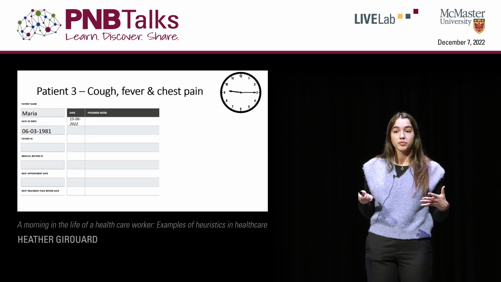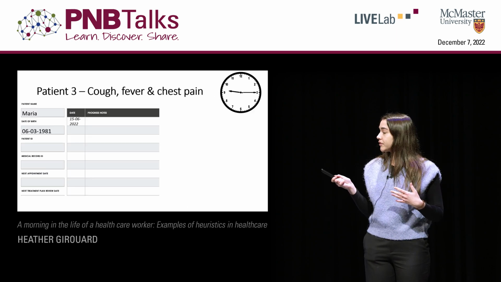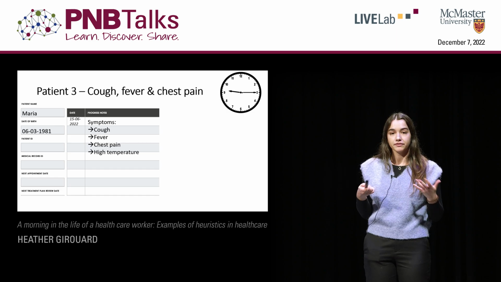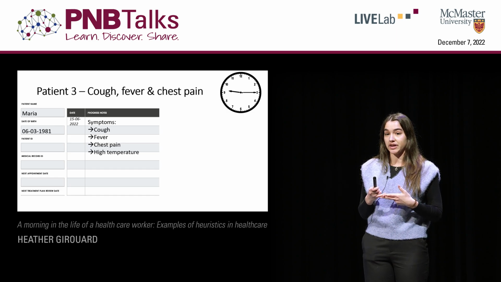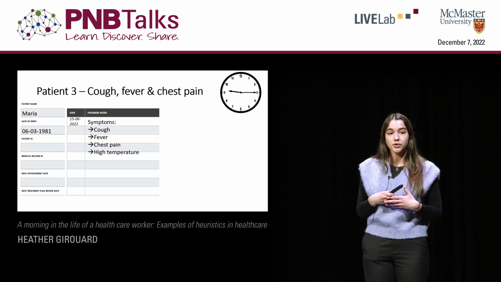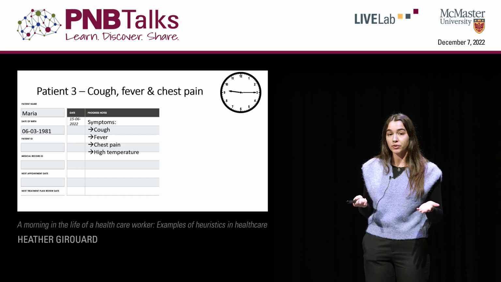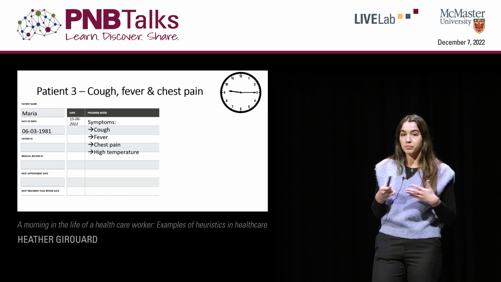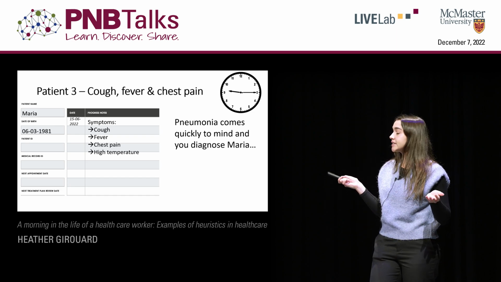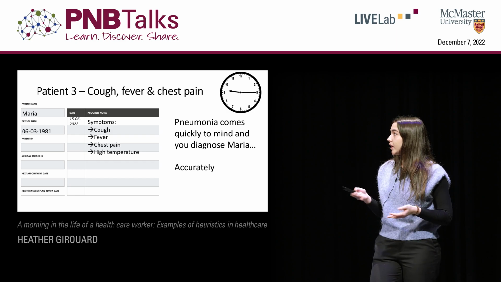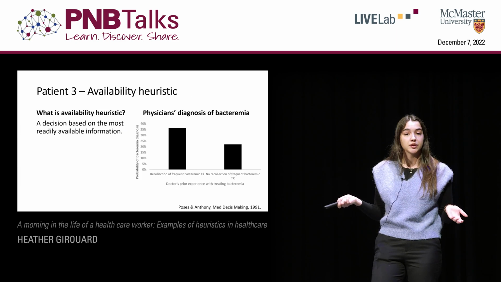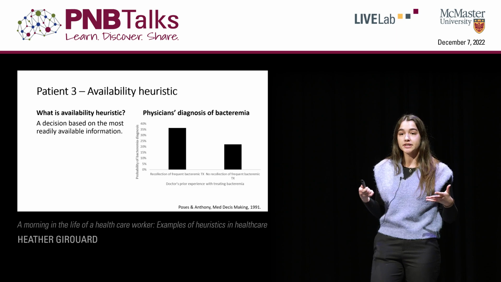Finally, you move on to your third patient, Maria, and she is presenting with the following symptoms: cough, fever, high temperature, and chest pain. You recall that yesterday you also had 3 patients with the same symptoms who were subsequently diagnosed with pneumonia. So pneumonia comes readily to your mind and you diagnose Maria with this condition accurately. And so this is an example of the availability heuristic, which is where we make a decision based on the